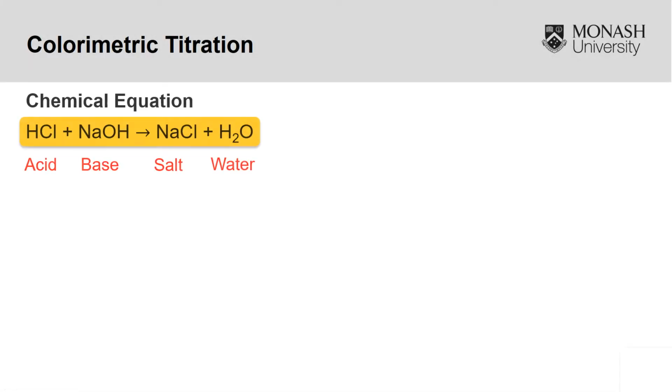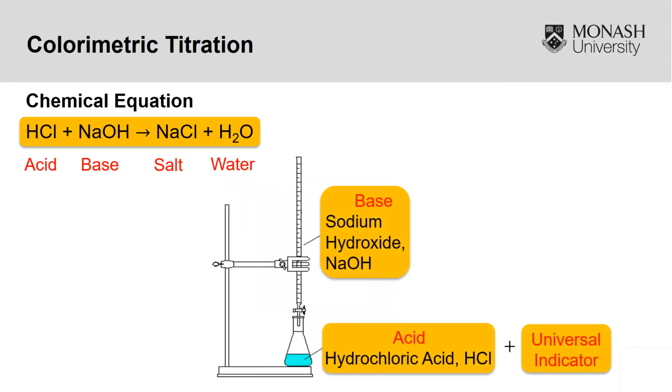As for the colorimetric experiment, it involves a chemical reaction between acid and base to form salt and water. The setup for the experiment is shown on the screen. A burette is filled with basic solution, meanwhile the beaker is filled with acidic solution and a few drops of